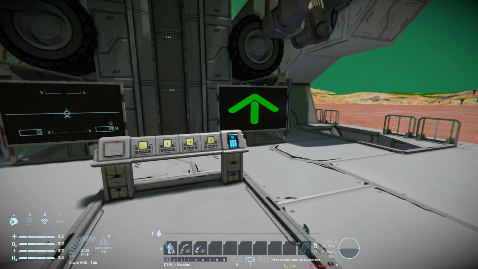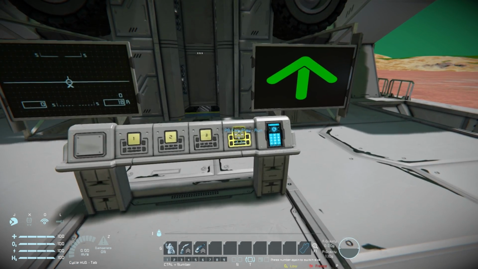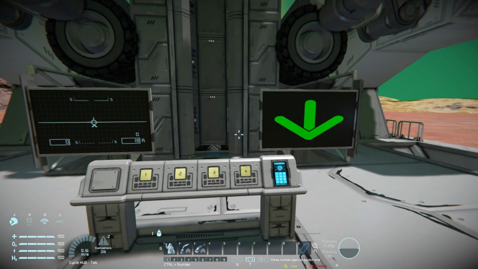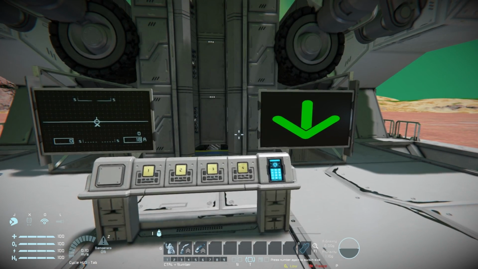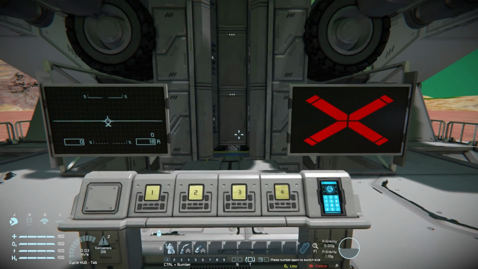Now as you can see, it's changed to a green arrow pointing up, so we're now ready to move all the way up. And of course we press number 4, now change direction, telling the platform it will now move all the way down when we hit the first button to start it up. So I'm going to turn that the other way around, lock it back in place so we stop moving around